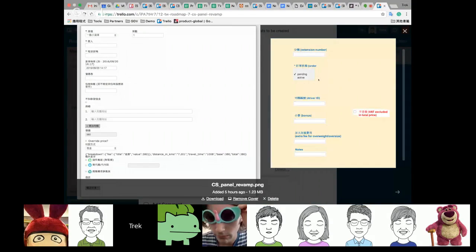So basically if they use it in this way, they create an order with active status through the CS panel, but they don't assign a driver ID here. They just use the current way, going to the admin panel to assign the driver afterwards. In this case,